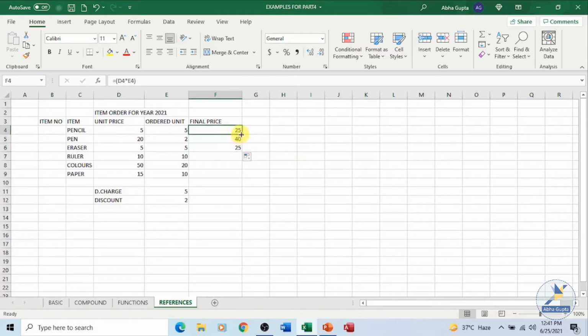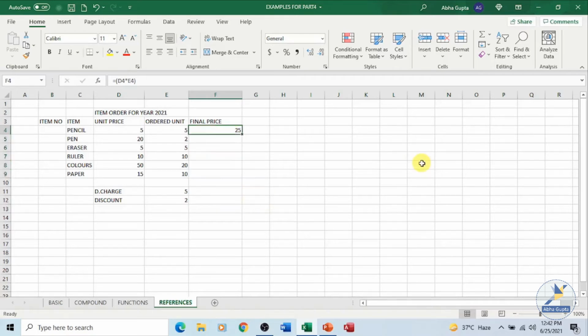The same can be applied to other cells also. You can copy and paste the formula. Wherever you copy the formula, the positions will change automatically in relation to the position of the active cell. When this kind of referencing happens, we say it is relative referencing.